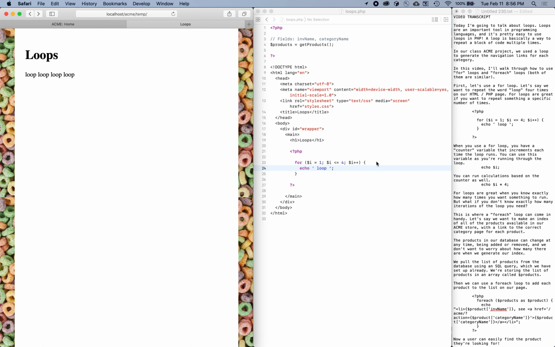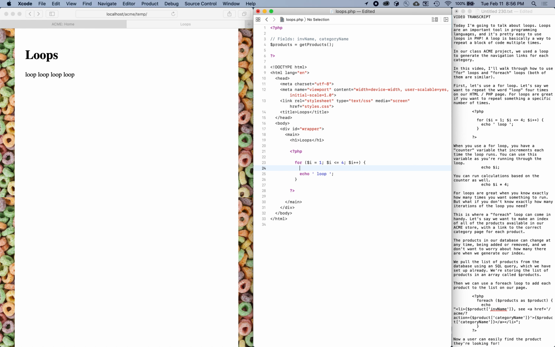There it is. So what's cool about for loops is you can use the counter variable. For example, we can echo the number 1 loop, 2 loop, 3 loop, 4 loop. We can even do some math here using the counter variable: 4, 8, 12, 16. For loops are great when you know exactly how many times you want something to run, in this case 4